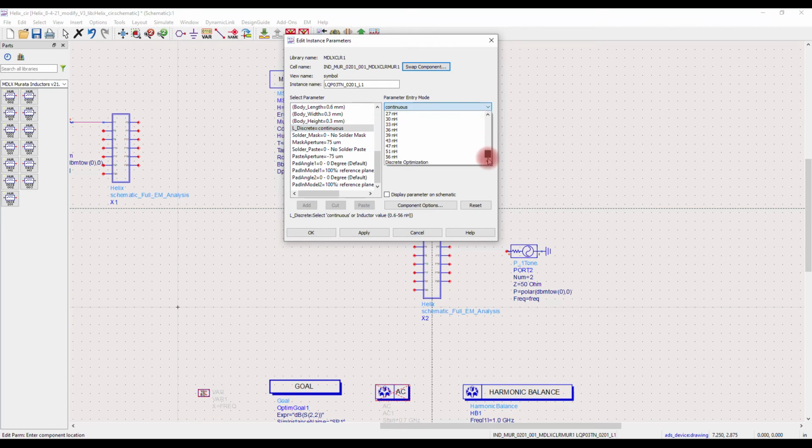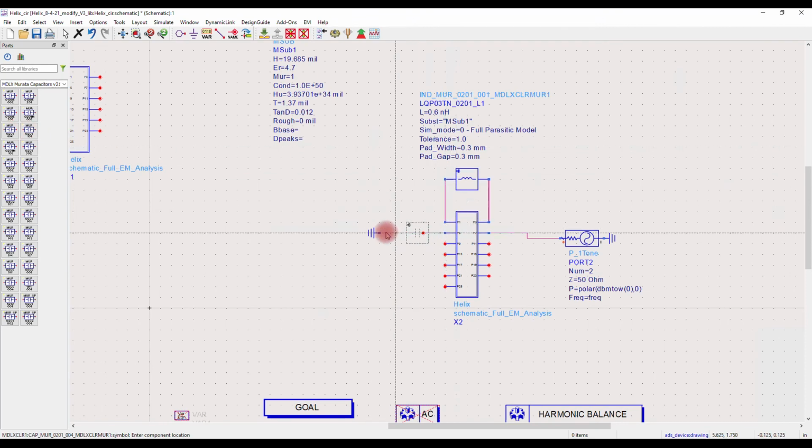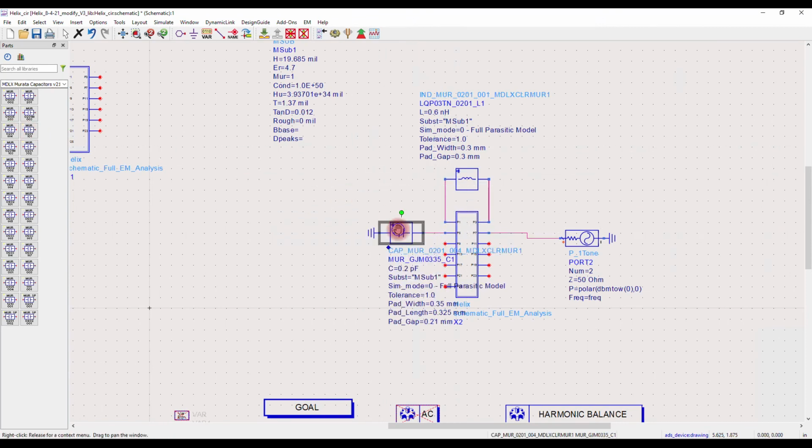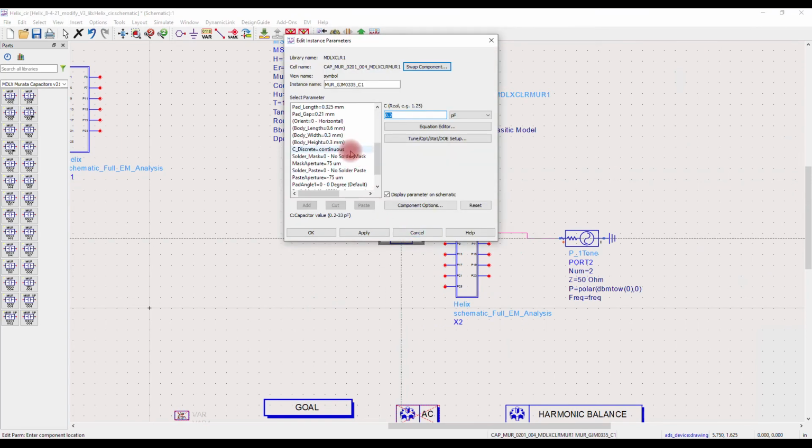For the inductor, the closest value we can find is 8.2 nanohenry, so we will use that. For the capacitor, we have 3.6 picofarad.